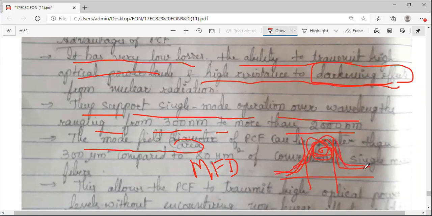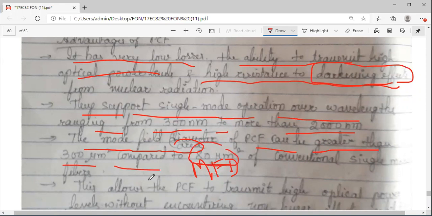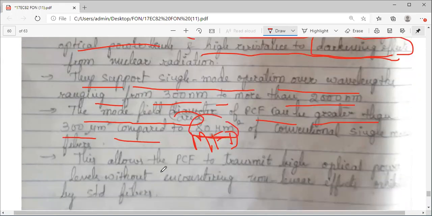Ideally this is a Gaussian distribution, so the field distribution in the core region, we call it MFD. I'm talking about area here, not the diameter. The area of a PCF is greater than say 300 micrometer square compared to 80 micrometer square for your conventional optical fibers.